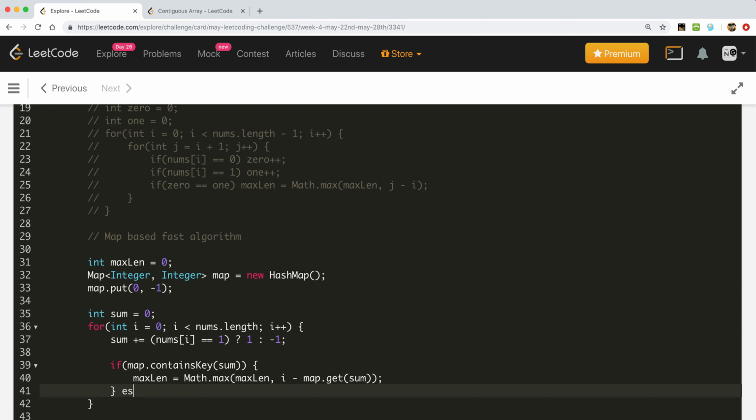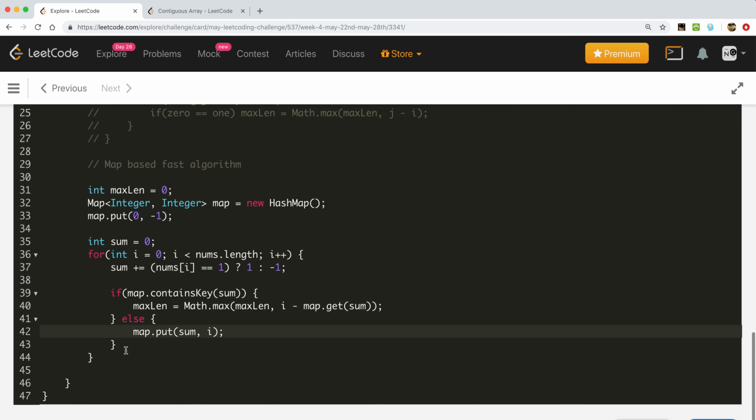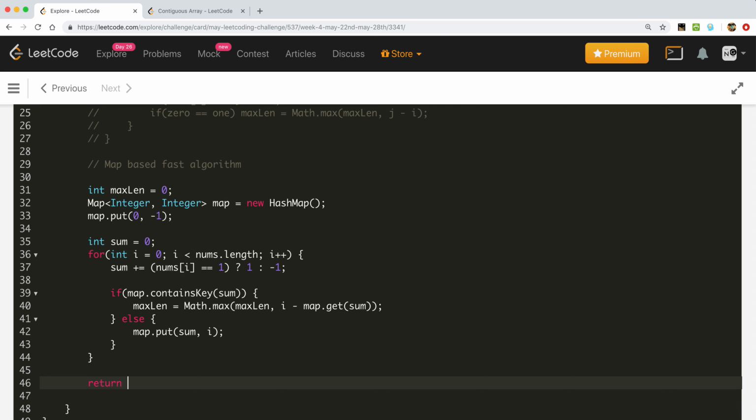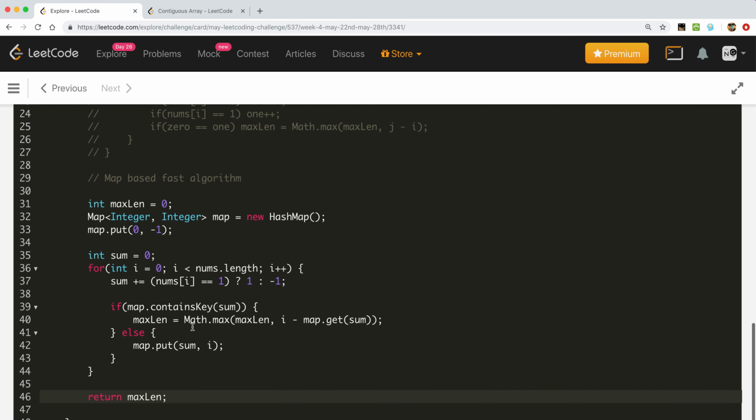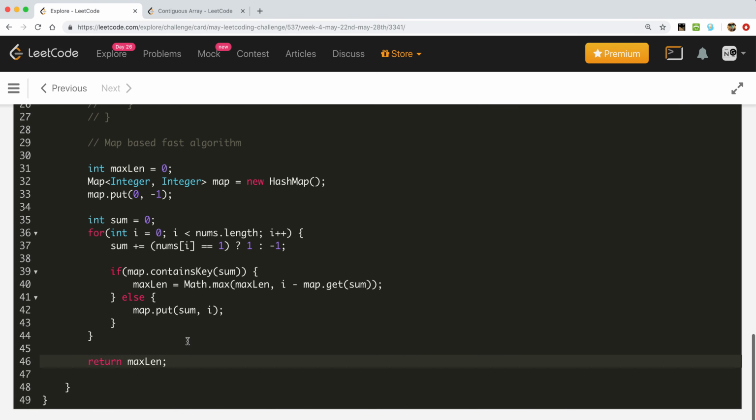If we don't find it in the map, we simply put the current sum and index in the map with map.put. In the end, we have to return the max length. Let's just see, it is nums, yeah, it's fine, and we are returning the integer.